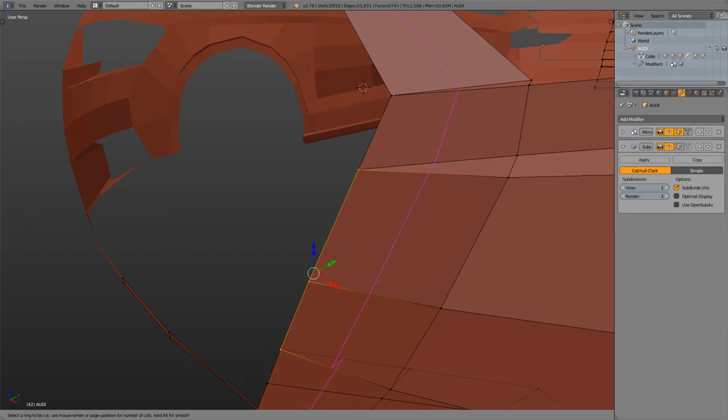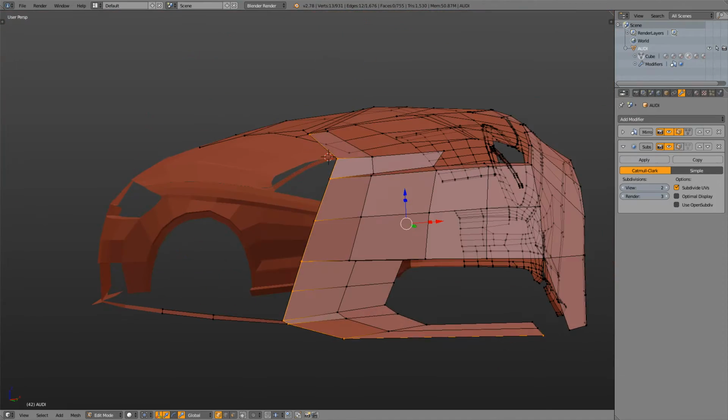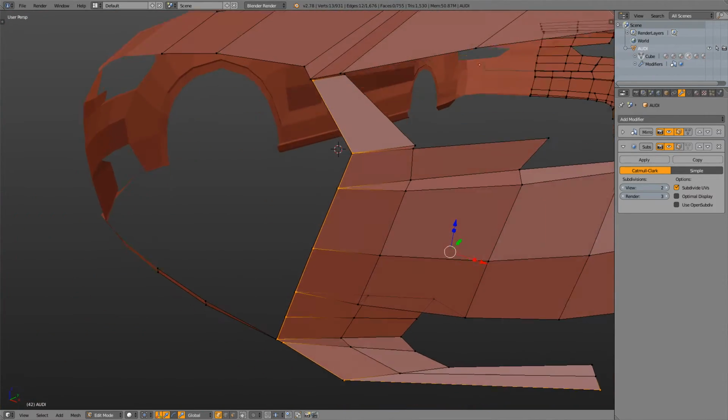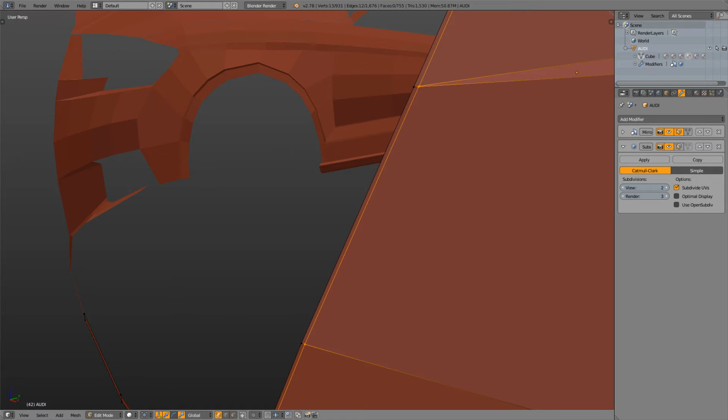Leave that there. Make another cut here. Make another cut, and then let's slide this over here. Slide that over. So let's go back and